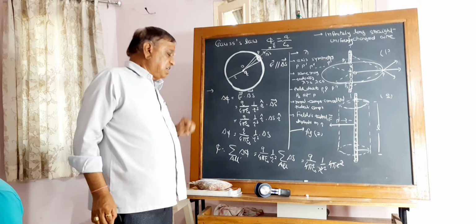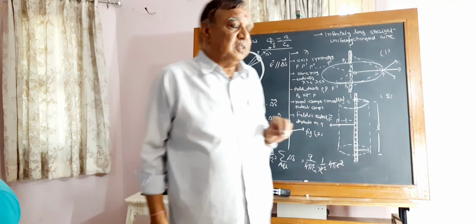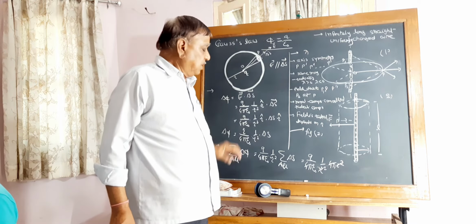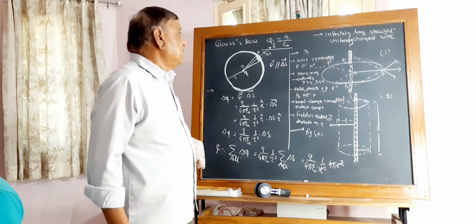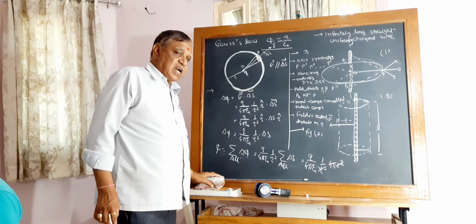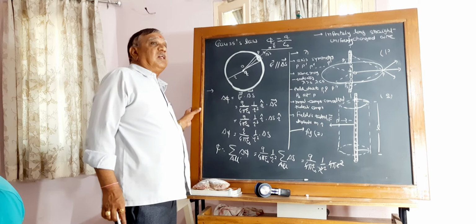Thus again Gauss law is: total flux linked with any closed surface is equal to the charge enclosed by the surface divided by